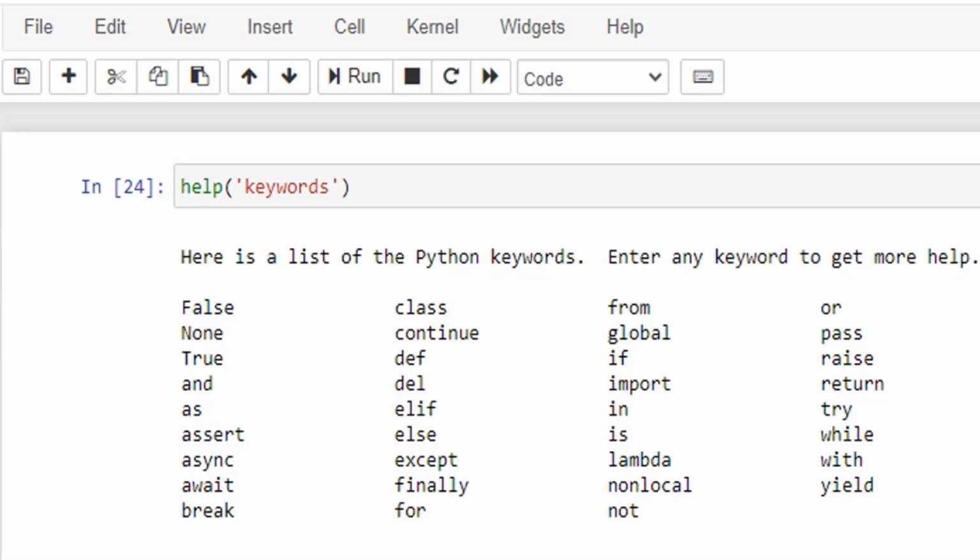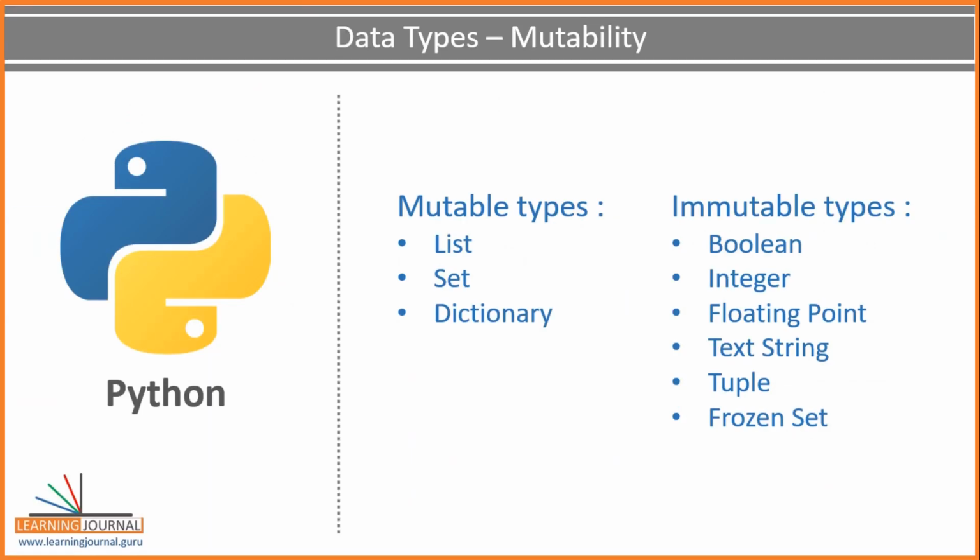I want to highlight one more important thing about the Python types: mutability. Some Python types are mutable, but most of them are immutable. What does it mean? It means you cannot change the value of an immutable object. Once defined, they are constant and do not change. However, this mutability doesn't pose difficulty while coding. Let me explain it with a simple example.